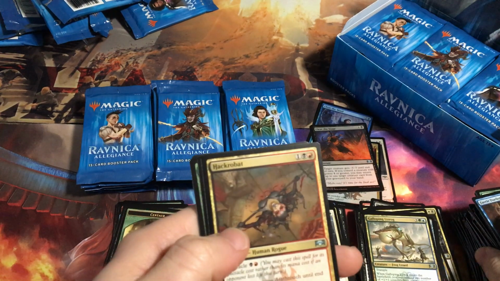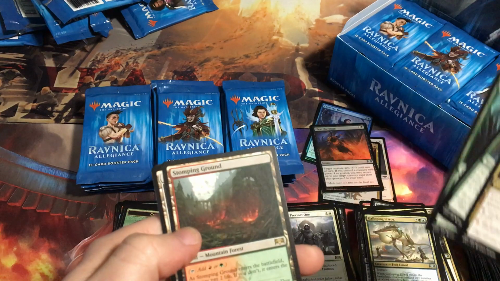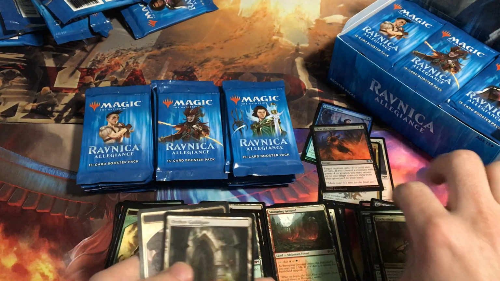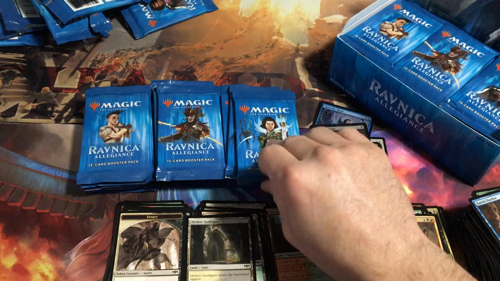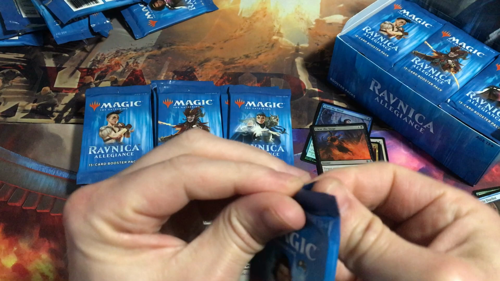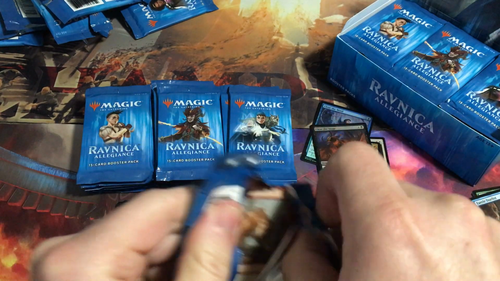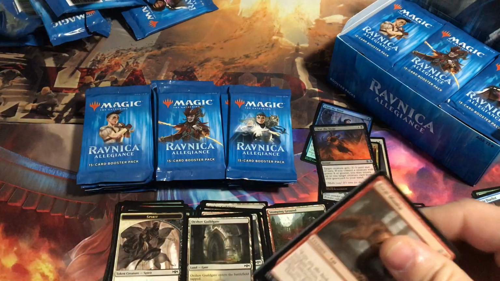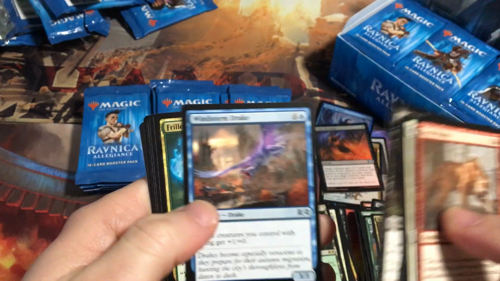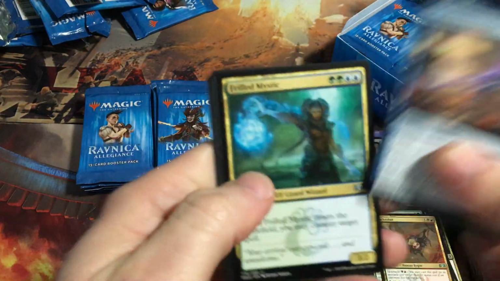All right. Hackrobat. Stomping Ground? Okay. Hey, I can't complain. That's our third shock. Wow, three shocks and two Judiths. Not much to complain about there. So like I said, those three boxes, if these are 95 a box plus tax, three boxes, 100, 117, and